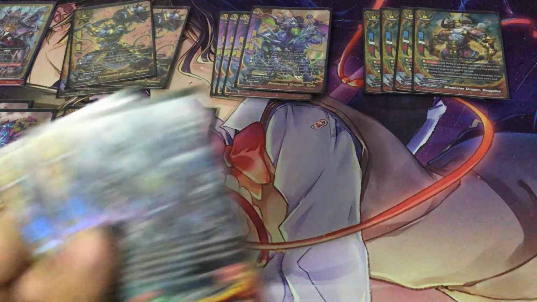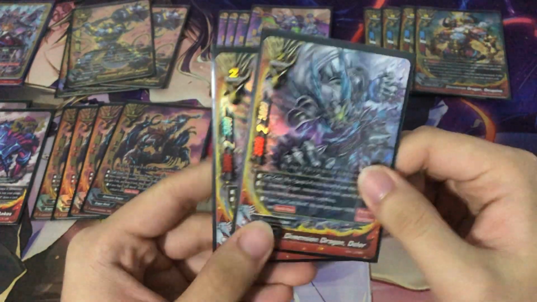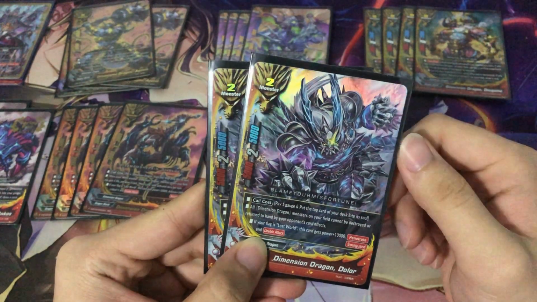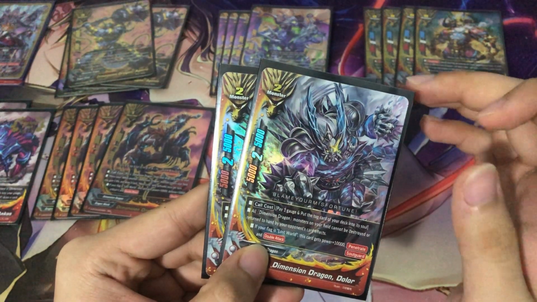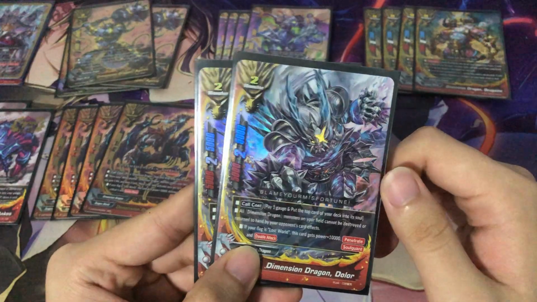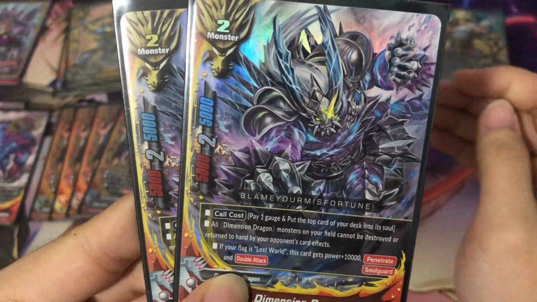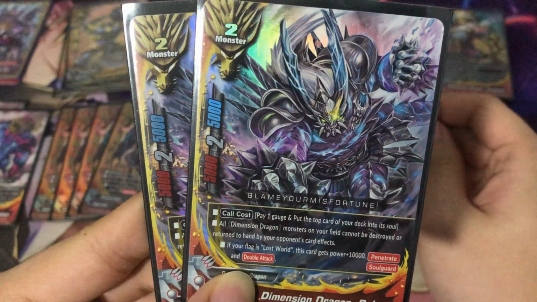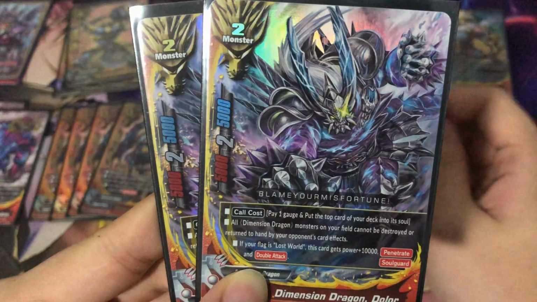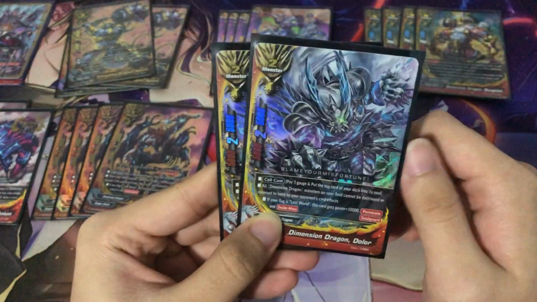Next up, we play 2 copies of Dimension Dragon Dolor. Size 2 monster, 5k defense, 5k attack. And then we have 2 criticals. So card cost is pay 1 gauge and put the top card of your deck into his soul. His first ability is all Dimension Dragon monsters on your field cannot be destroyed or returned to your hand by opponent's card effect. So basically they can't use